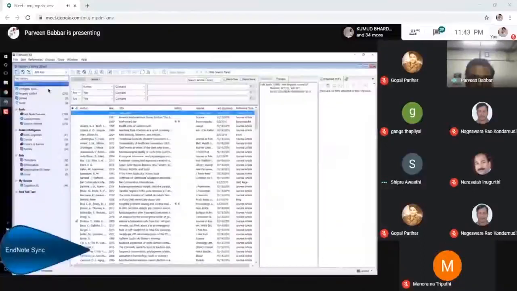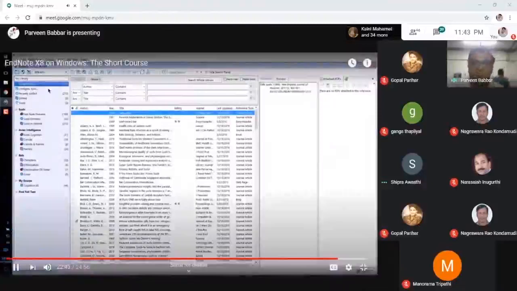Before I started using EndNote on the desktop, I had created an EndNote Online account through the Web of Science and